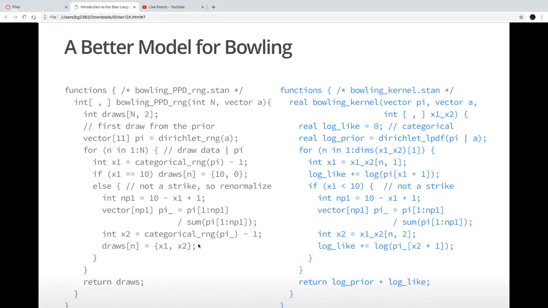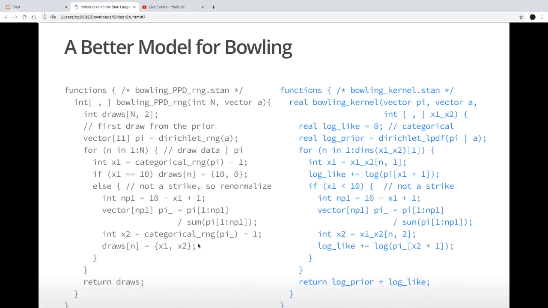That may have seemed a bit weird at the time. It was potentially applicable to all bowlers, whereas if we use some distribution that had parameters, then we could estimate those bowler-specific parameters. Then potentially we'd have a model that could be applied to a lot of bowlers, or we could do a multi-level model or whatever.